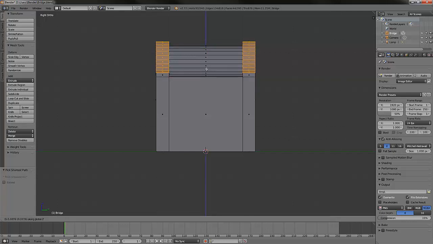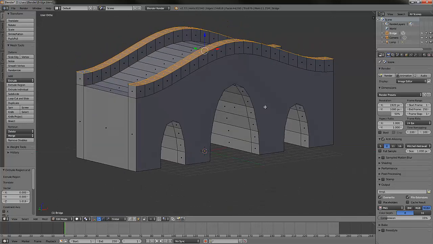That's not a very tall railing, but in this case, bear with me, because we'll be adding some stuff to this that'll make it work out. Alright, great. Let's tab into Object Mode,